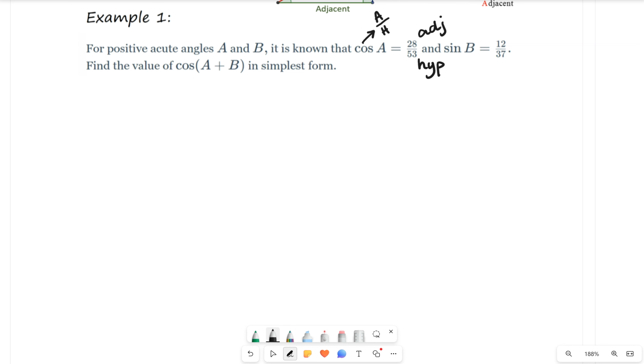Sine of angle B merely means that if you're standing at angle B, the length of the opposite side over the hypotenuse is going to be a ratio of 12 over 37. Again, reminder, for sine, it is the O over H ratio. So what we want to do is provide a visual aid to help us label the given information, okay? So follow along with me and create two right triangles,